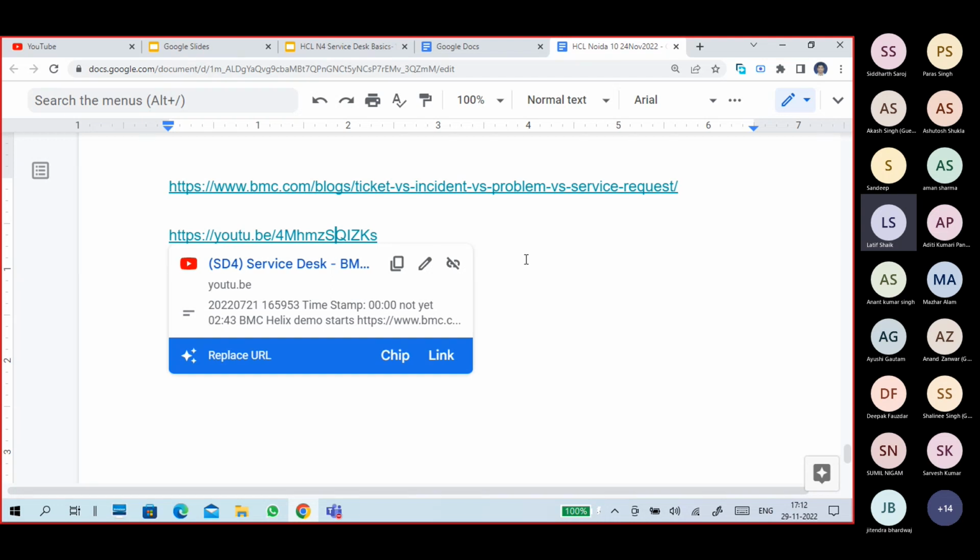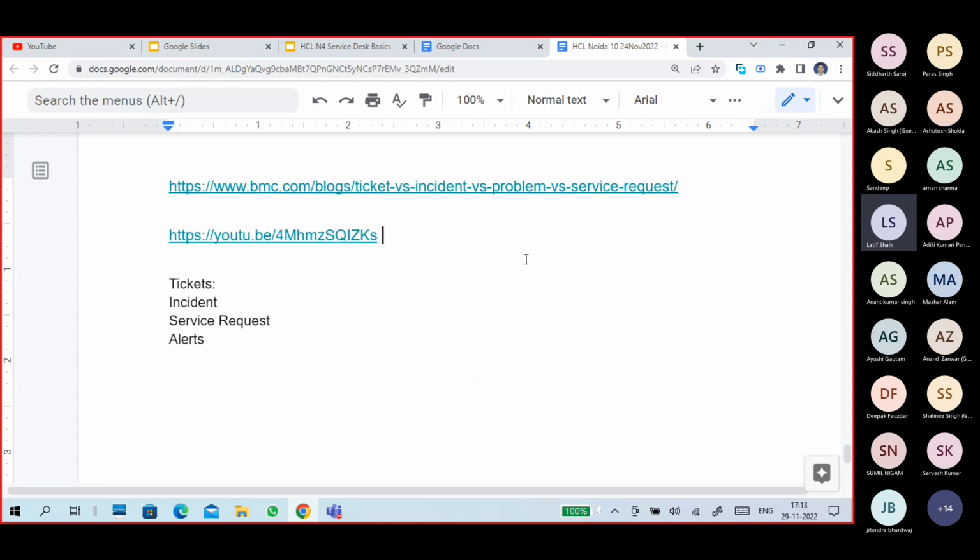But once you go to this BMC Remedy demo version, you will understand how tickets look, how to create a ticket, how to assign a ticket to someone, what the ticket details are, summaries, and what their priorities and impacts are. This entire information you will get. That's why this is also a must watch video. Please go through it.